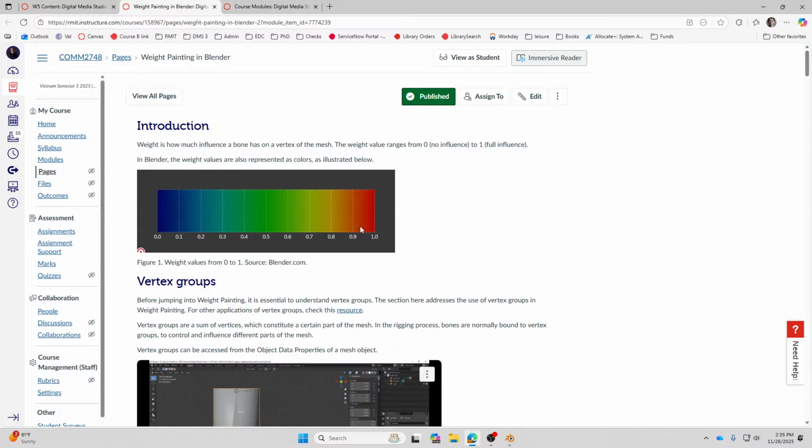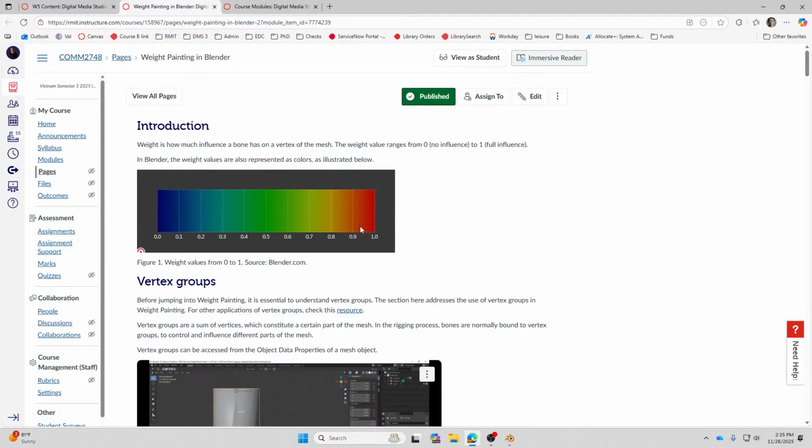And then the colors over here. When we go into weight paint mode, the value of 0 corresponds to blue, and the value of 1 on the other side of the spectrum is red, which corresponds to full influence of the bone.